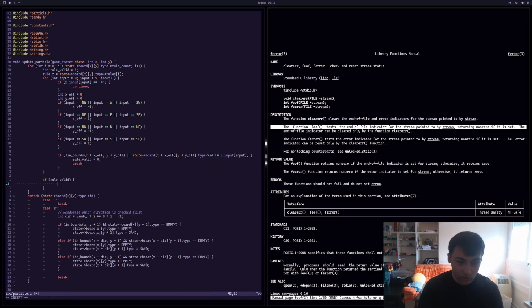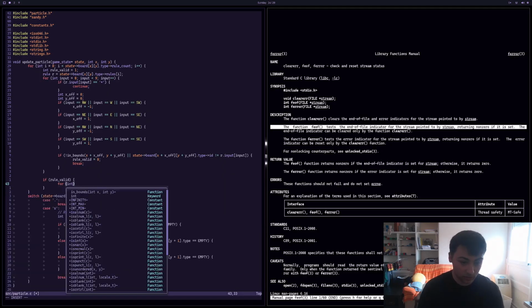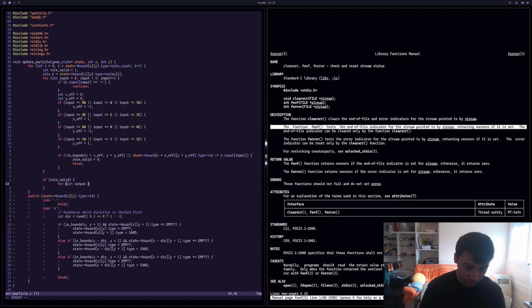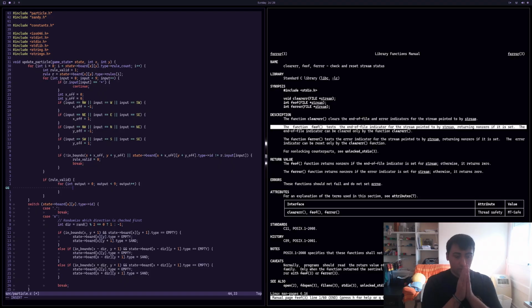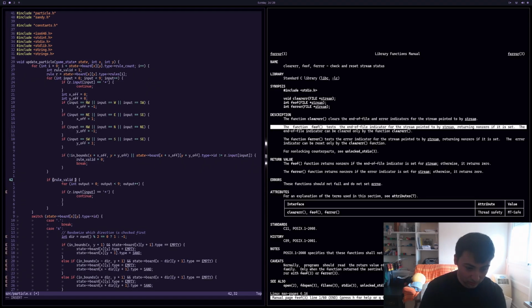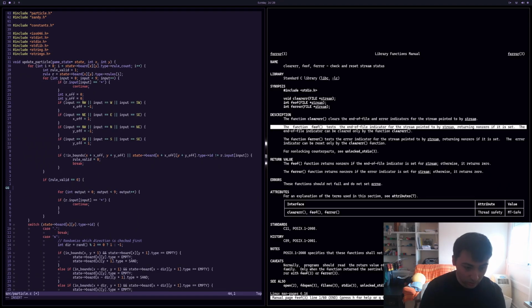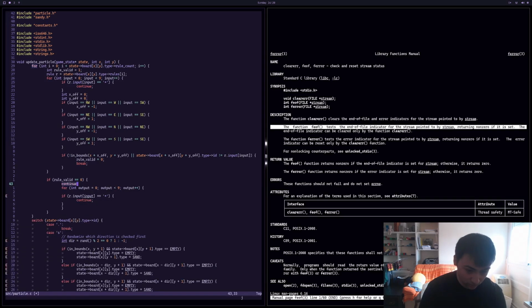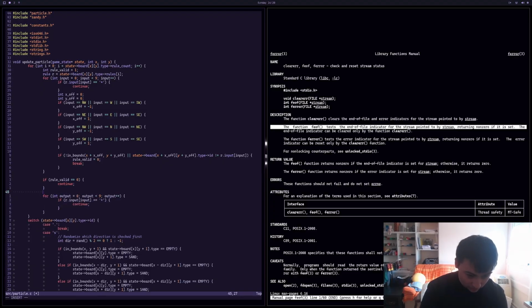then what we do is we need to replace all of them. So for int output equals northwest, which I believe is the first one, but we'll just set to 0. Output is less than 9. Output plus plus. And we do very similar logic, honestly. If it's a star, then we don't care. We'll do the opposite. If the rule valid is 0, that means it was an invalid rule. We will continue to the next rule. Otherwise, yeah, if the output,